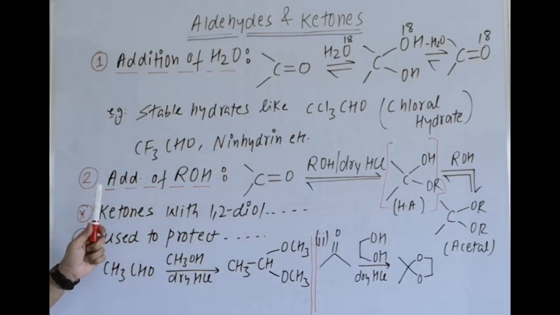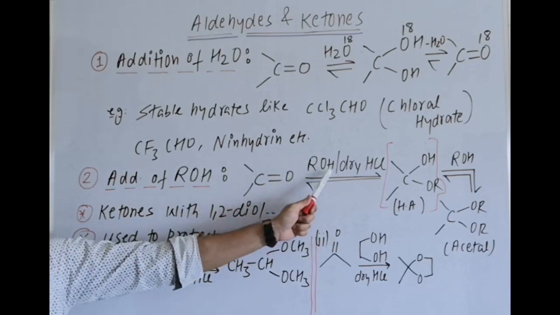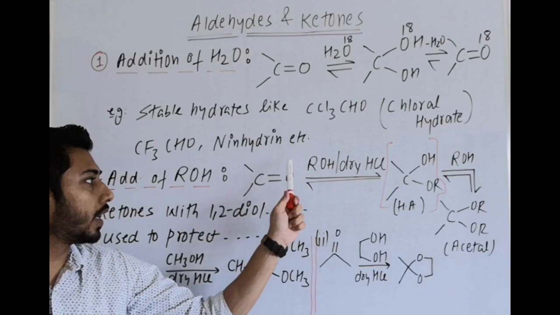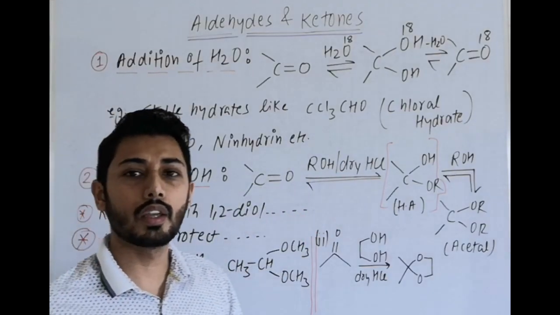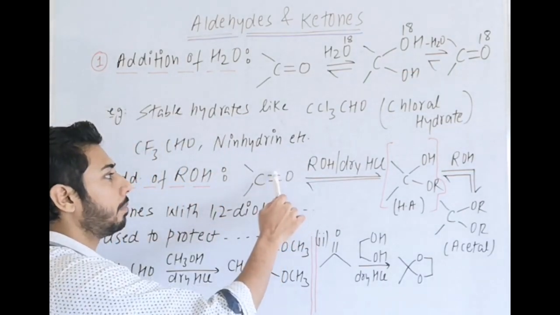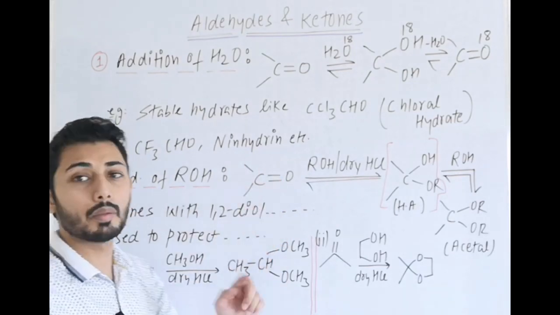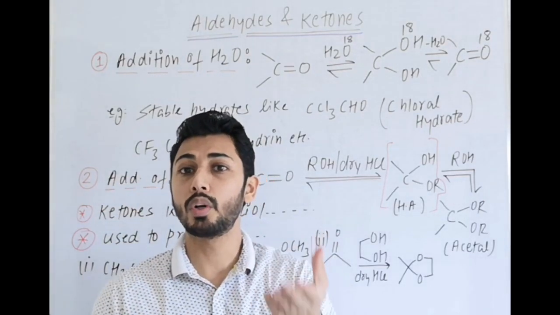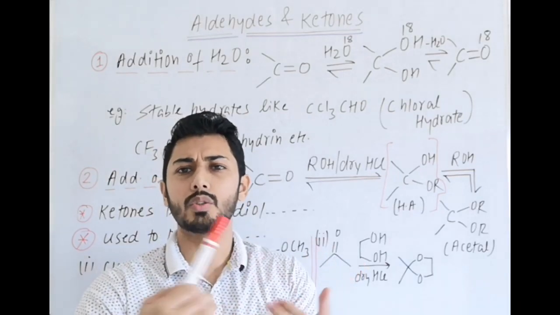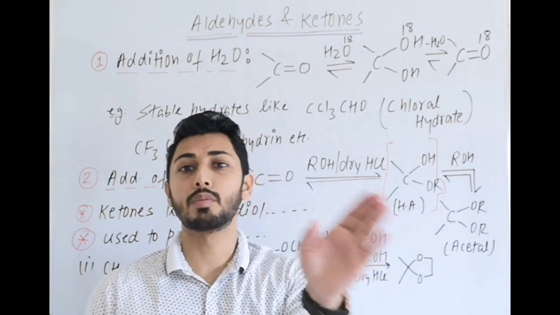Second reaction is important and it is given in NCERT also, addition of alcohol. Carbonyl compound with alcohol in presence of dry HCl. Dry HCl is used so that this hydrogen will attack on the oxygen, or oxygen gets protonated, and when oxygen gets protonated it becomes positively charged and the pi electrons shift towards oxygen, and carbon becomes electron deficient, that means more electrophilic nature, and then the nucleophile will add on carbonyl carbon. So we can say that dry HCl is used to protonate oxygen so that carbon becomes more electron deficient and the rate